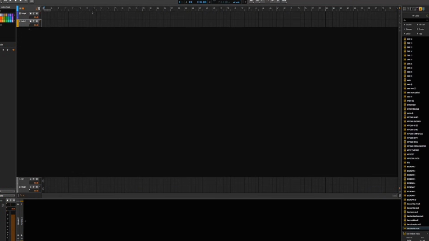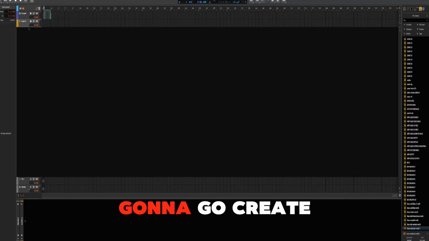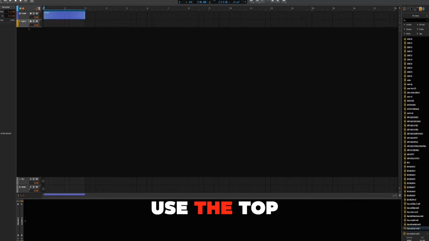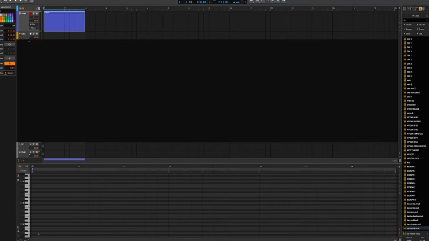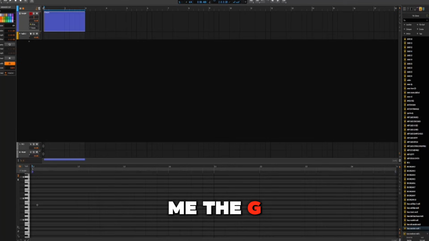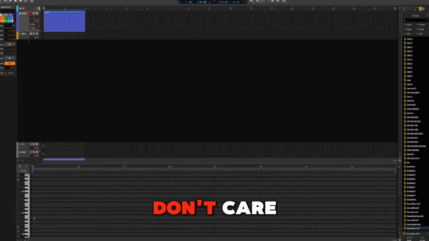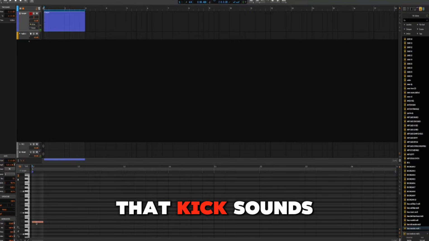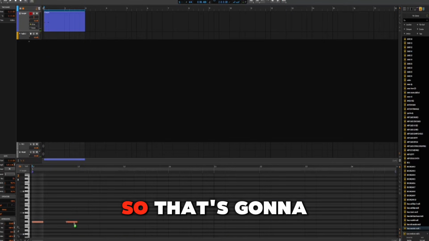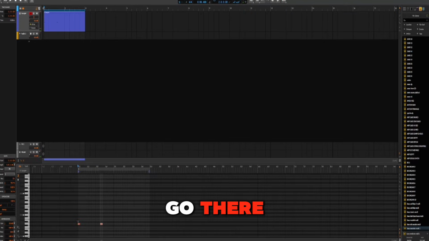What I've got on this one now is kicks, so I'm just going to go create that. I don't always use the top 1 centimetre of the screen, but it's just how it started out. So I'm going to double click on that. It makes this bit turn into the piano roll. It's actually showing me the G sharp, but I don't care. That kick sounds right to me, so that's going to go there. Make those a bit longer actually,